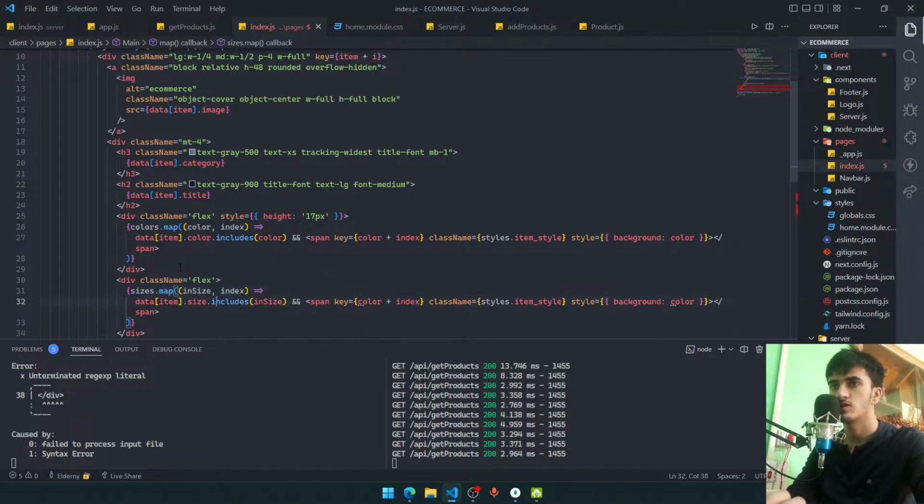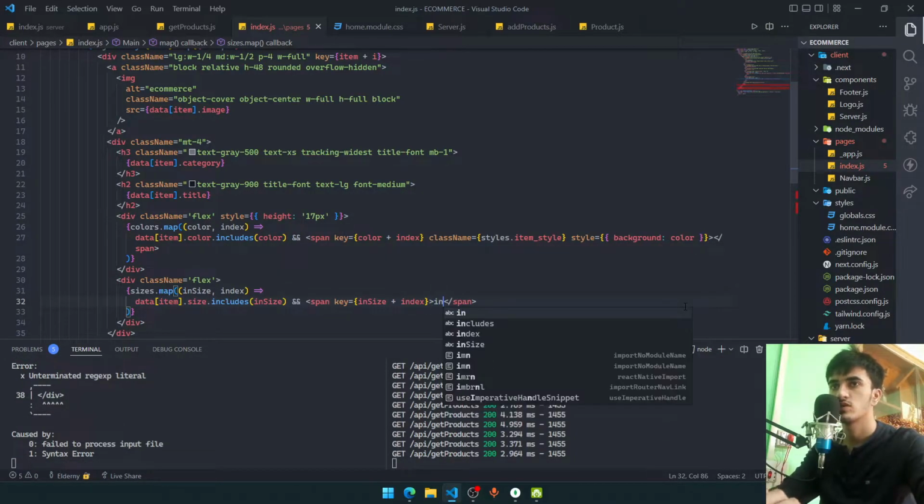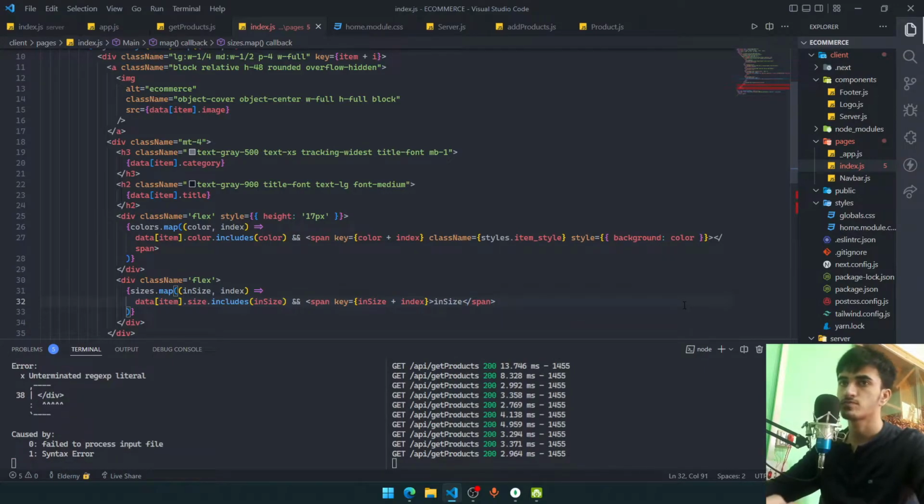If it contains in size, what we want to do, say in size plus index. Background should actually be nothing. We want the span to have our actual in size value. Div closing. Okay,